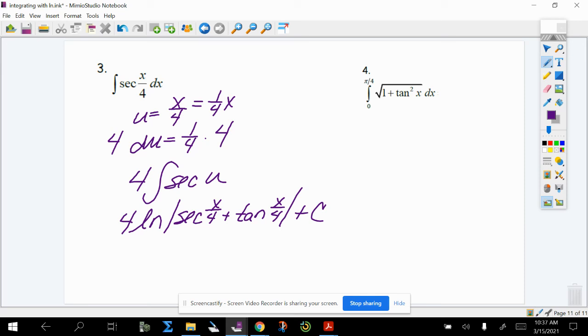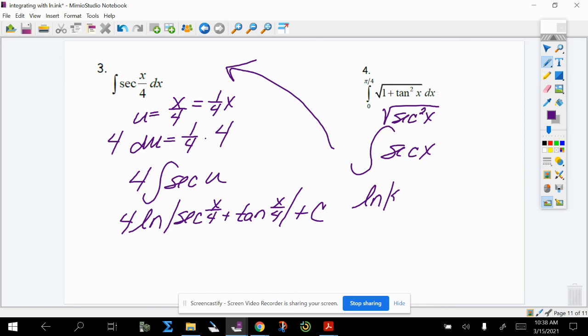And then our last one, our definite integrals. Let's assume that we can't use a calculator, because obviously if we could, we'd just grab it and do math 9. But there is an identity you should recognize here. You should know that 1 plus tangent squared is secant squared. The square root of secant squared is just secant. So we actually get to it looking just like the one we just did. Slightly easier in that there's no adjustment to worry about, but we are going to have boundaries to work with when we're done. So we get the natural log of secant plus tangent,